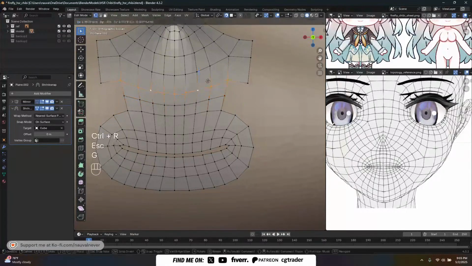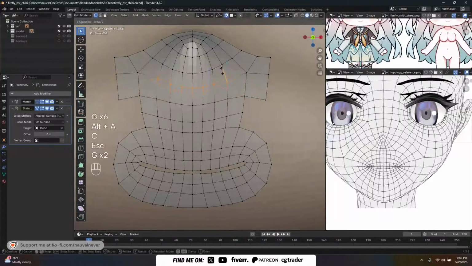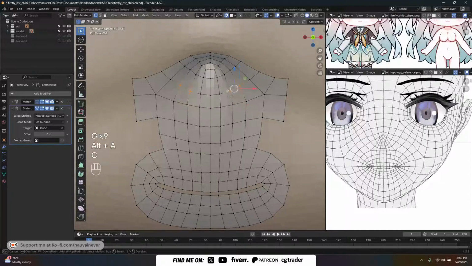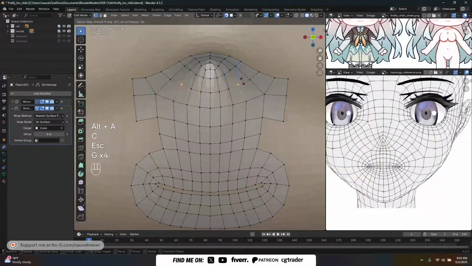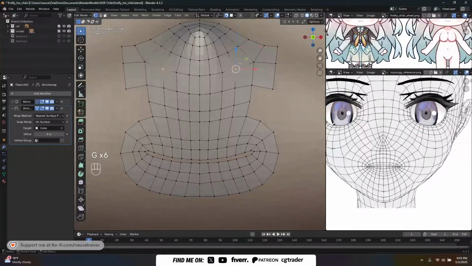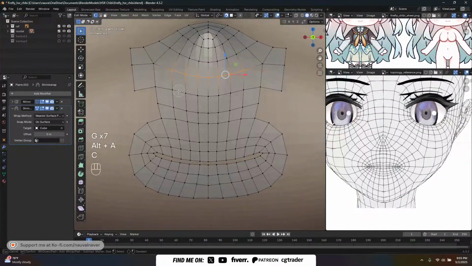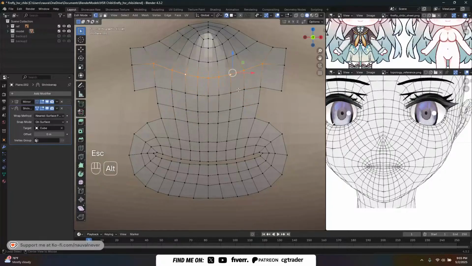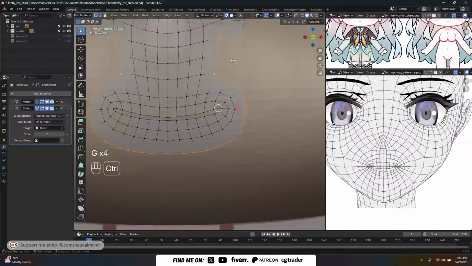So maybe let's just add more faces right here, because I just really want the model usable later when we apply plane shapes and for facial expressions. So just to make sure that the model has enough vertices for that process later. We can